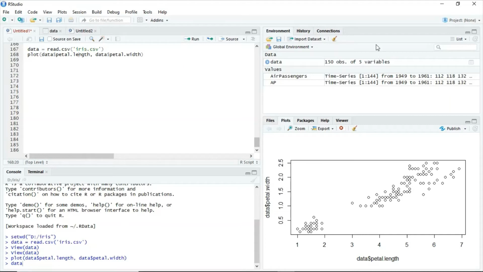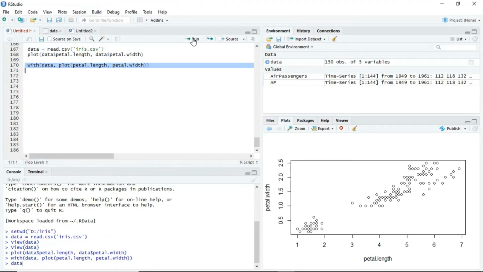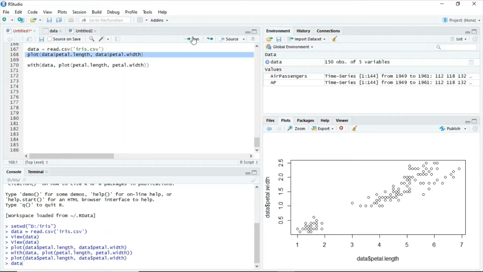For improvising it, we have one option. See, what is the improvisation we are getting? Whenever I am writing the plot function, I am getting one scatter plot. See the x and y axis. Here, what is the problem we have to understand? The person who is observing this plot has no idea what this dollar sign is all about.